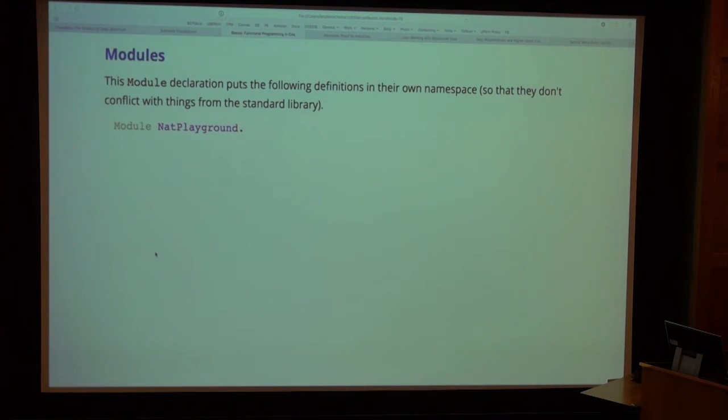You just need to recognize that when you see the keyword Module Foo, from then on until you see End Foo, we're now in a sub-namespace where, from the outside after the End, you have to say Foo dot something instead of just something.